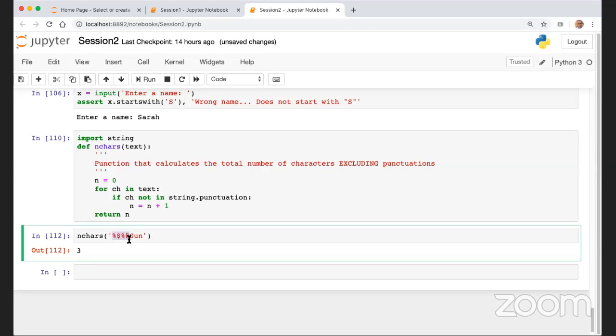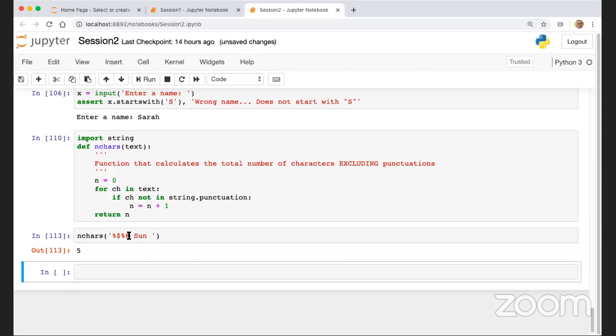Basically, I'm eliminating those. And if I add now a space here and a space here, the answer should be 5. But it doesn't need to be like that. I need to also be able to remove white spaces from that character. But this is easy. We can always do it. Okay, so now the first assertion that I would like to do: assert ncars, and if I say ABD, a couple of spaces, I should see the answer is 3. Otherwise,